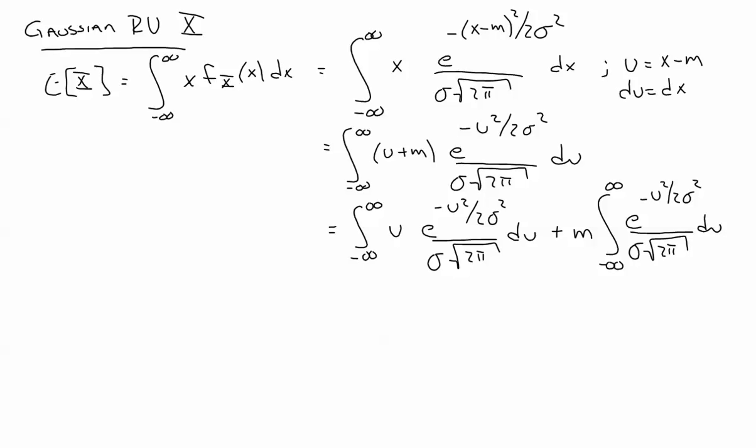Okay. Now, notice that the integrand here is a proper Gaussian probability density function simply with zero mean. All right? The probability density function inside of the integral on the far right hand side is a zero mean Gaussian. For that reason, it's a proper probability density function, and that integral is exactly equal to 1. All right? Next thing, notice that in my integrand to the right, u is an odd function,